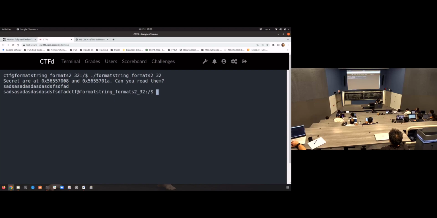So we have two addresses here. The exploit will look like this, Python 2. So we first put those two addresses there. So first 08, 70, 55, 56, then 1A, 70,